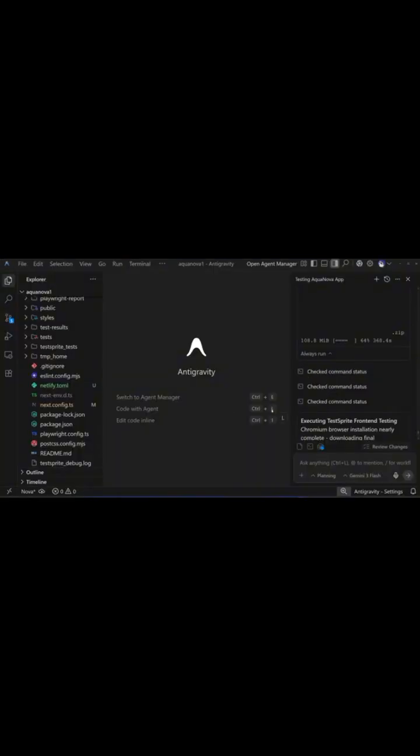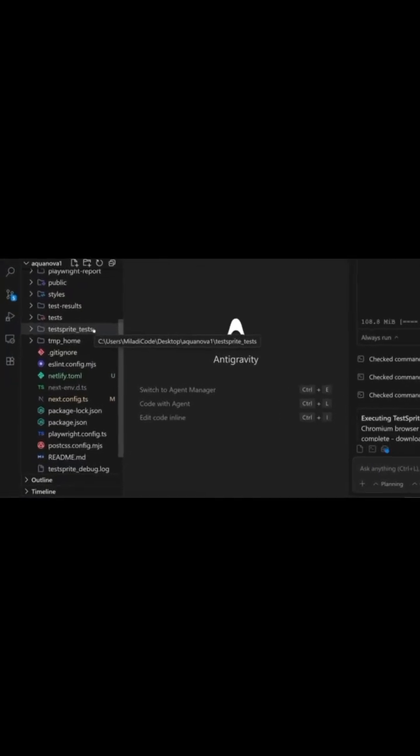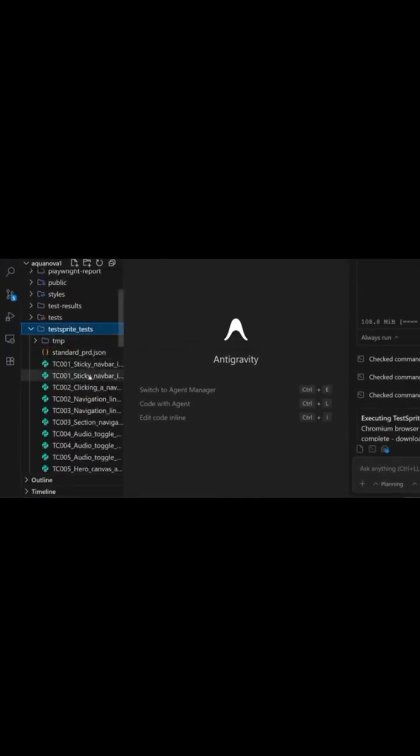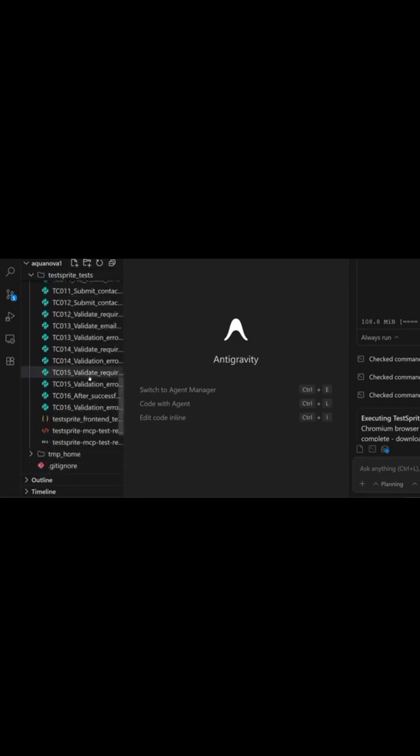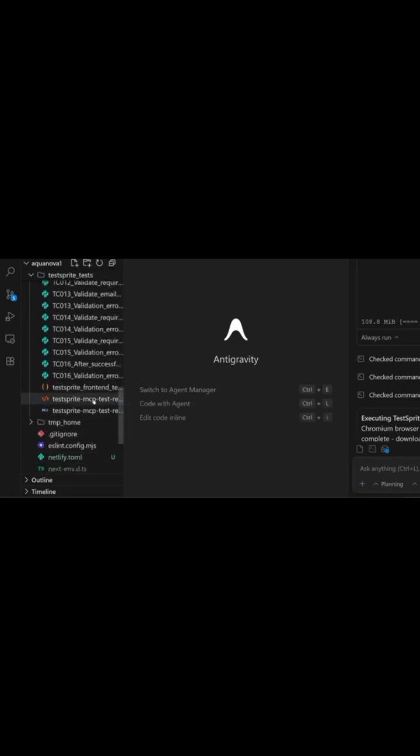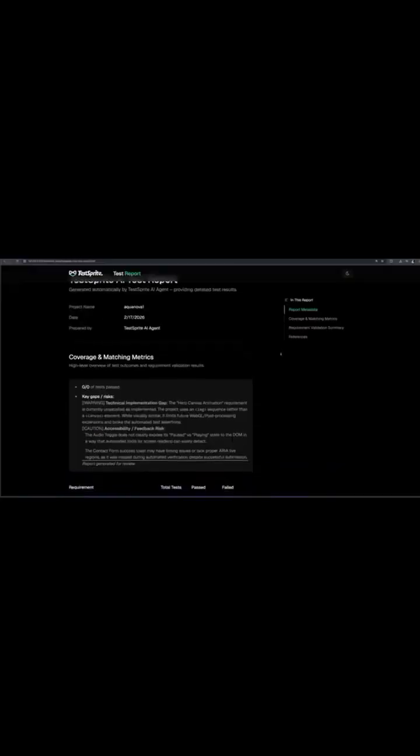Inside our project folder, TestSprite automatically created a new TestSprite directory. In there, you'll find all the Python test scripts that were used during the scan and an HTML file that contains the complete report. If you open that HTML file with Live Server, you'll see a full structured report displayed right on your screen. Now, to see more details about what parts failed and which parts passed, let's move over